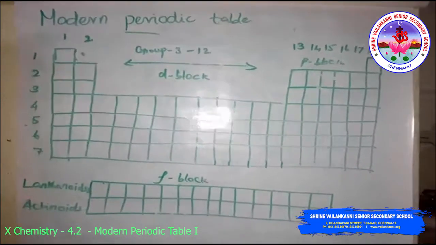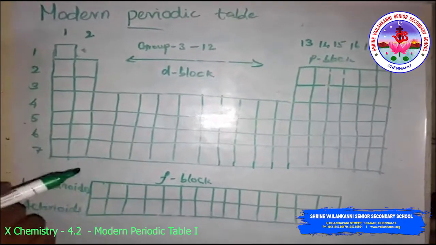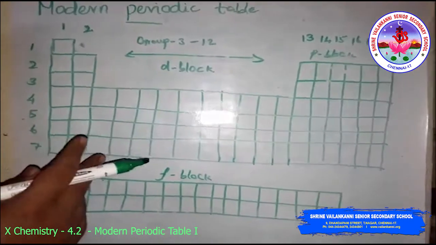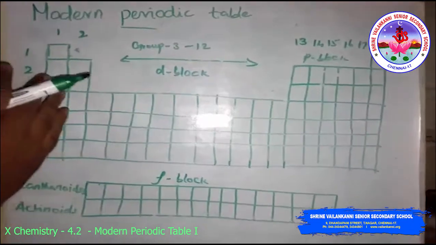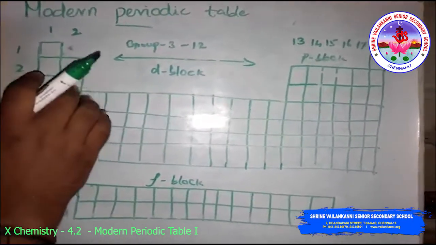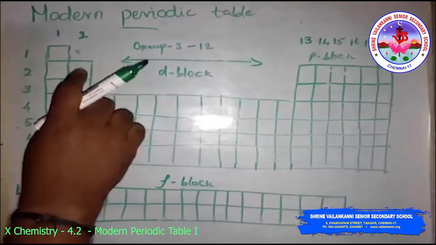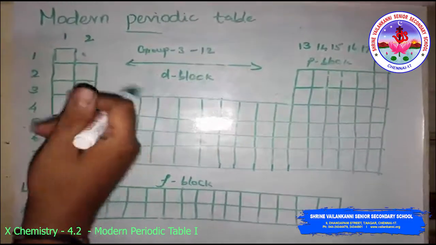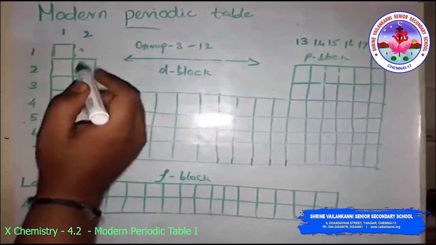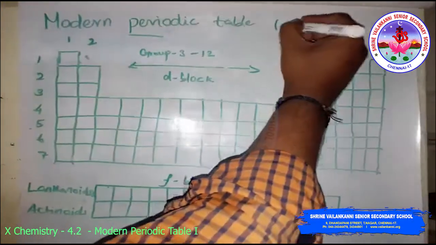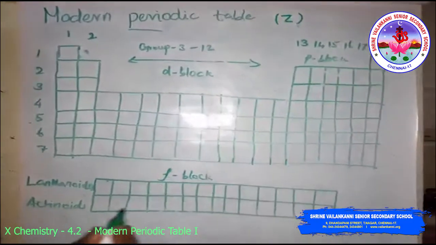Let us recall that the atomic number gives us the number of protons in the nucleus of an atom, and this number increases by 1 in going from one element to the next. So, when arranged in order of increasing atomic number, the atomic number is generally termed as Z.